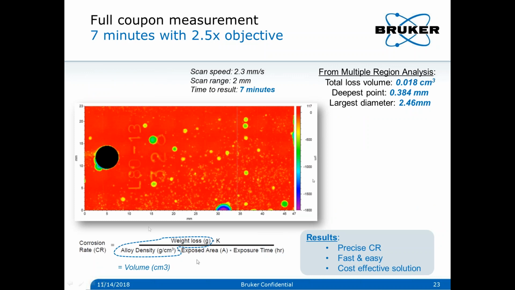One of the points is that when we look for the corrosion rate, which is the critical parameter to obtain, the weight loss is the first input. The second input is definitively to know the alloy density. And in the case of a single type of metal, such as aluminum, for instance, this is quite easy because it's